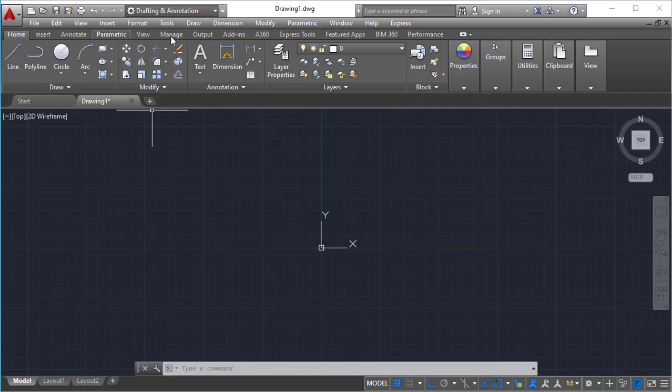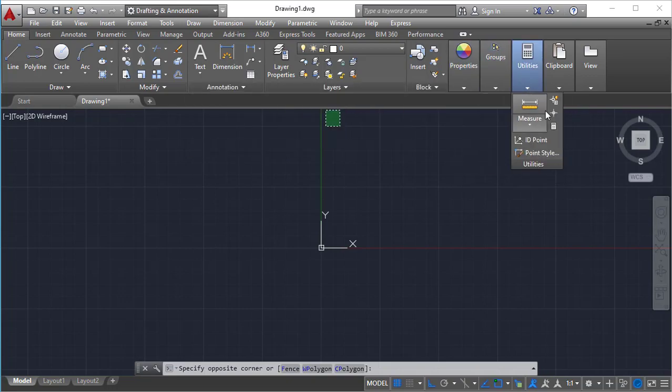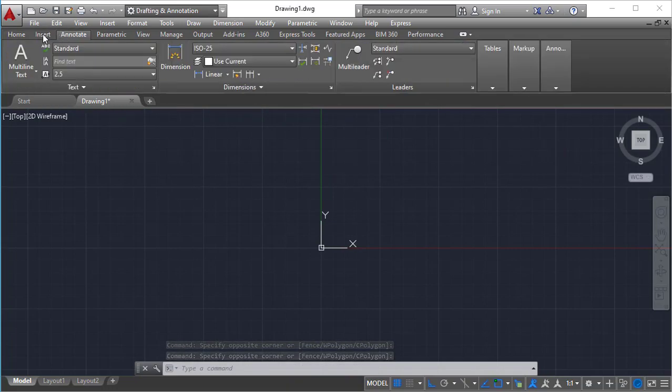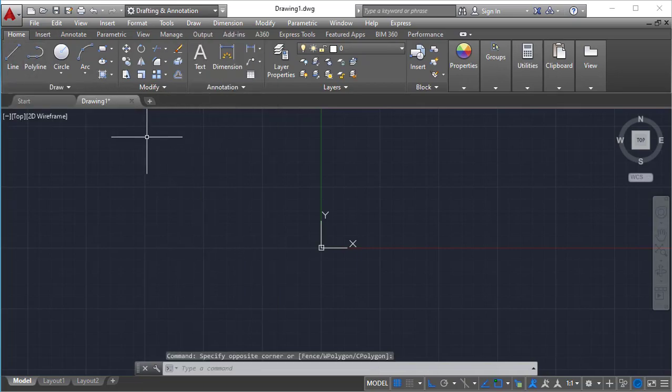Right beside this one, this is the panel bar, we call it the panel bar, and here we have a number of panels. Whatever options are present in AutoCAD, some set of options which we use regularly are present in this panel bar. Like draw, some options are there, and modify, some options are there, annotation for texturing and all, layers, blocks, properties, groups, and utilities. Some options are present in this home panel bar. We will go one by one. This is like menu usage, and this is like icon usage. In AutoCAD you can activate commands from the main menu bar or panel bar, or by the shortcut also. So I will be teaching you all the shortcuts as well.